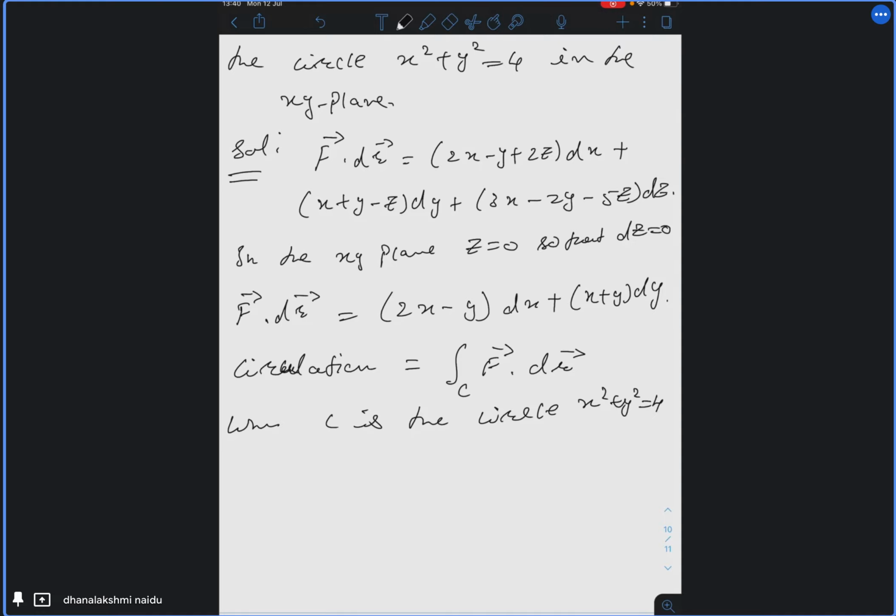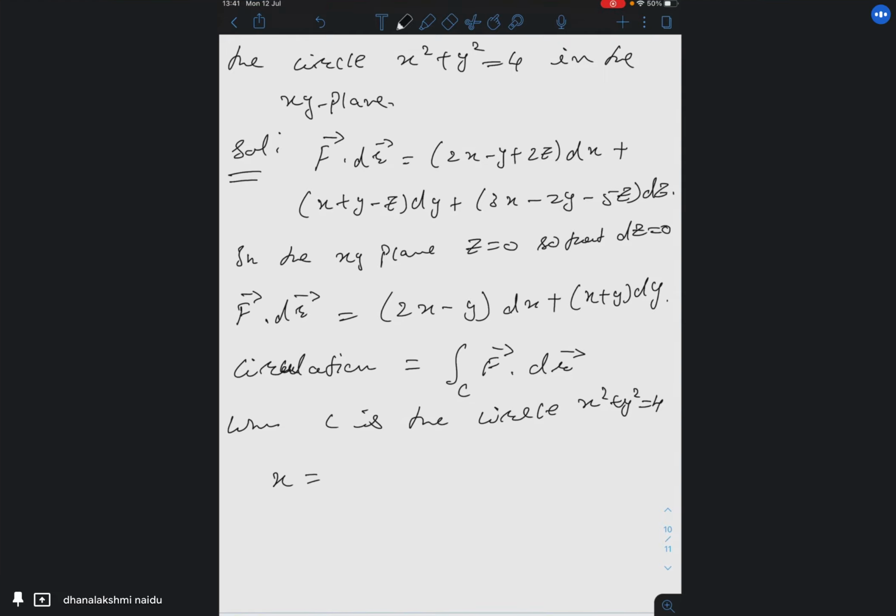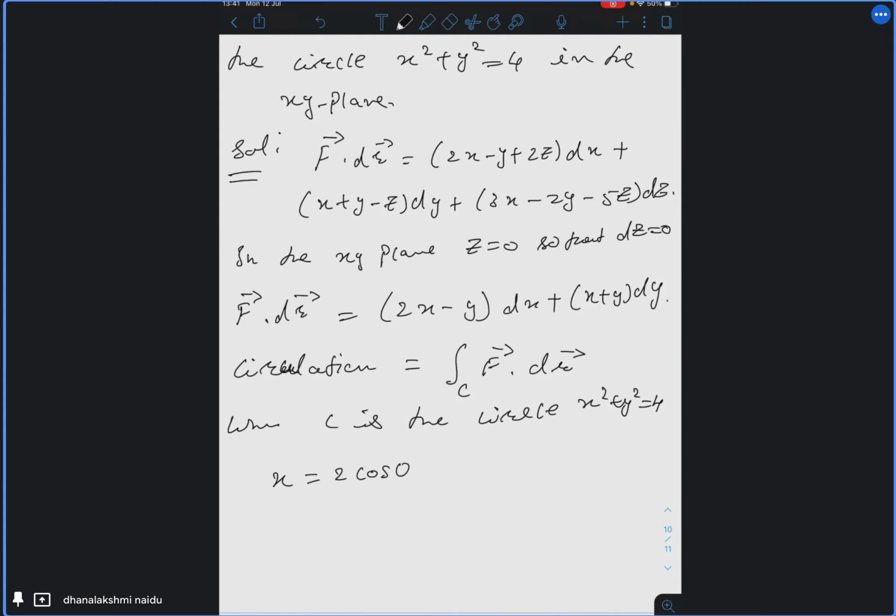So now to solve it, what we can do is we substitute x and y. We convert into polar coordinates. So you take x is equal to r cos theta. What is the r value here? Tell me. 2. So you can write x is equal to 2 cos theta, y is equal to 2 sine theta. This would be easy because if you write it in Cartesian coordinates, you will be stuck with some roots and all those things. So instead of that, you can go for this one.